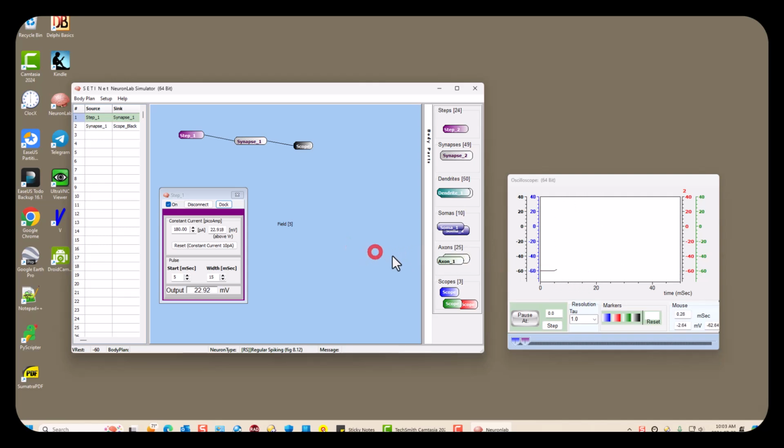As you can see, the synapse is actually a synaptic interface to a single cell of a dendrite. So you think of it as a synapse plus a dendrite cell right there. As you can see, the membrane voltage of the dendrite portion of the synapse is charging. If I increase the charge current, let's say I go up to 300 picoamps, it charges faster. If I increase the width, I'll go up to like 40 milliseconds